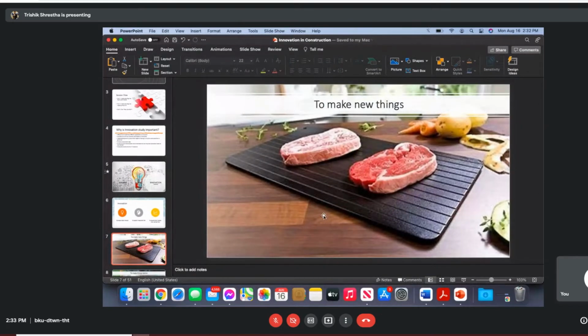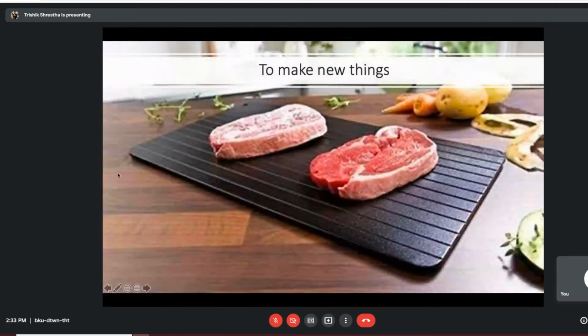If no one told me what this black board was, then unlike Ashu, I would have gotten the answer wrong and said, yeah, that looks like a chopping board. But that is not a chopping board. As she just said, this is something that melts ice. Technically, the product is called a thawing board. To thaw means to defrost, right? Generally, we defrost the meat and the frozen grocery items that we have using our microwave defrost options. But this particular piece of hardware was not around a few years back.